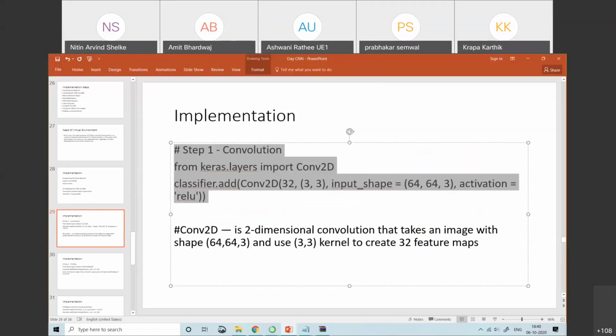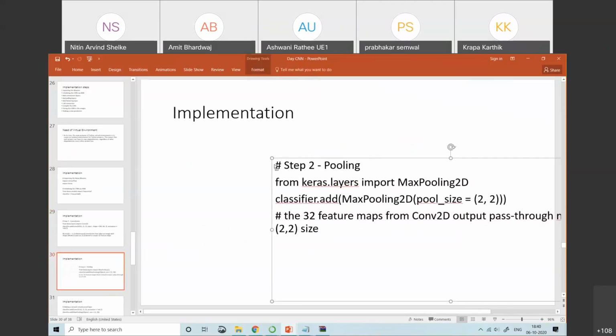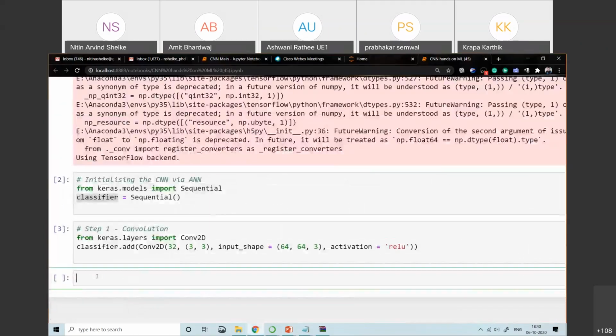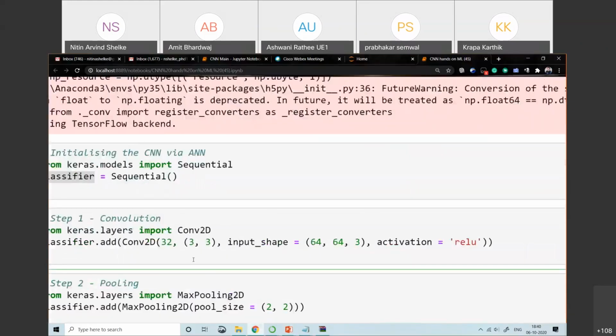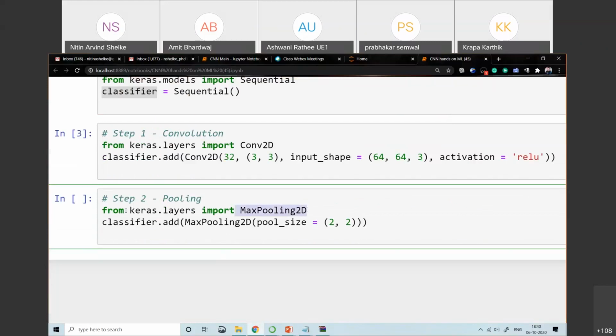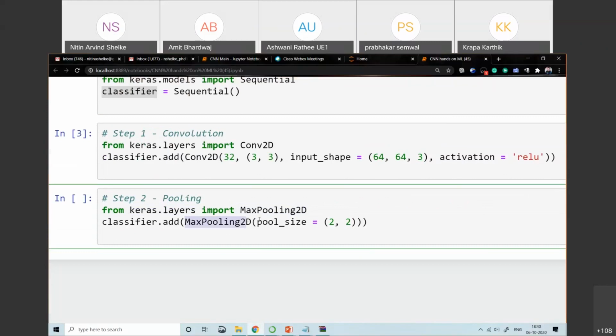Next we go for the pooling layer. For the pooling layer, we need to import MaxPooling2D, which is again present in keras.layers, and we use the same method: classifier.add MaxPooling2D. The pooling size that I am considering here is 2 by 2, the same size I explained when I took the example.